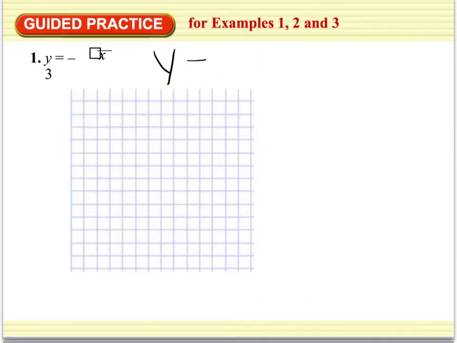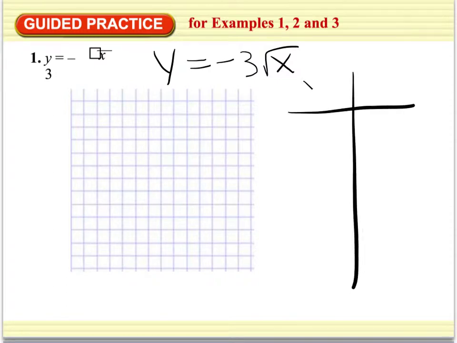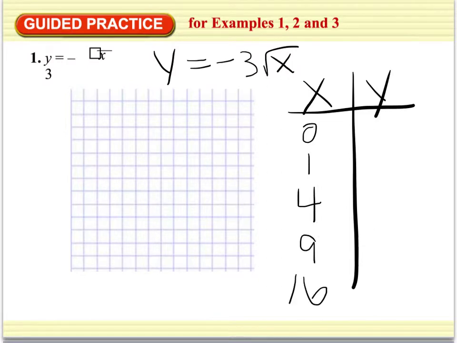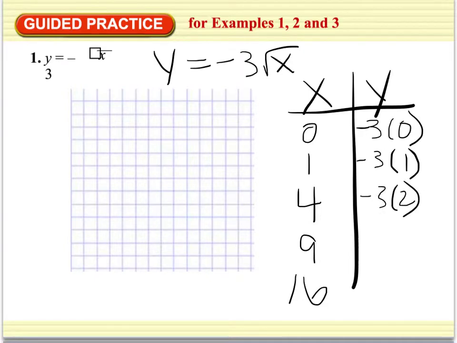Okay, now you try this: y equals -3 square root of x. All right, we need a t-chart, and the only numbers I can plug in for x are 0, 1, 4, 9, and 16. Now I plug those numbers in for x, so I get -3 times the square root of 0, which is 0, and then -3 times the square root of 1, which is just 1, -3 times the square root of 4 is 2, -3 times the square root of 9 is 3, and then -3 times the square root of